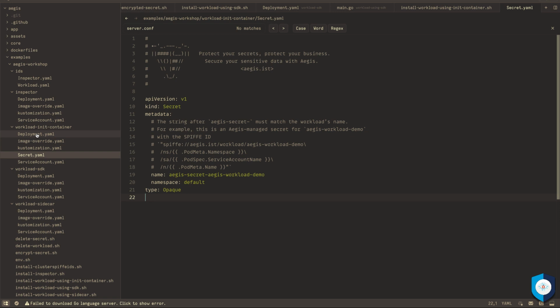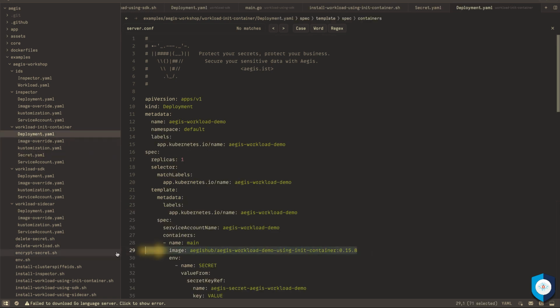So to be clear, Aegis Safe is not an operator, but it functions similar to an operator. Maybe in the future it might turn into an operator when things get more involved, but at the moment what it does is just to find this secret and update its data. And our deployment uses this image, and the source code of the main application of the image in our pod is